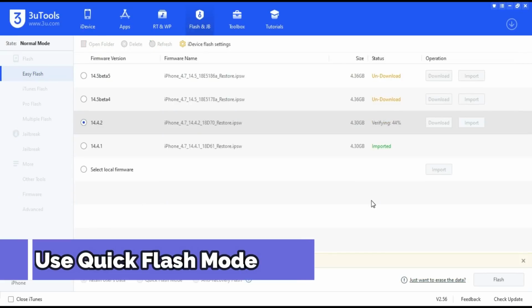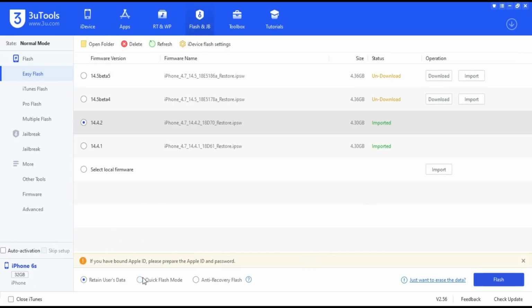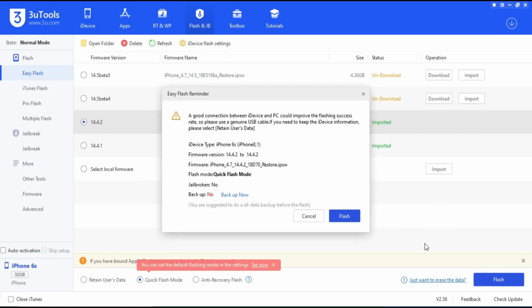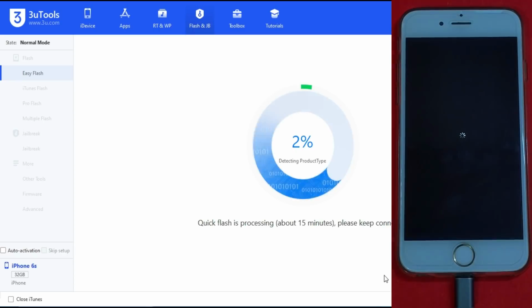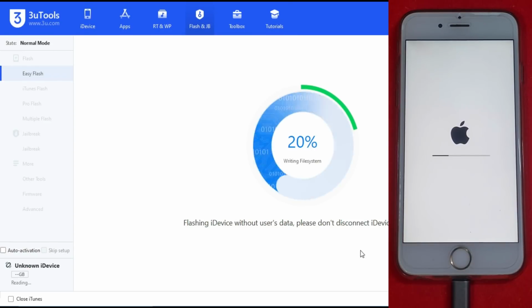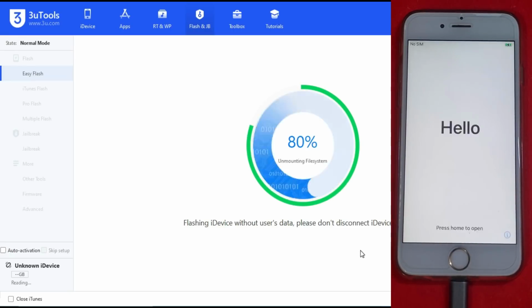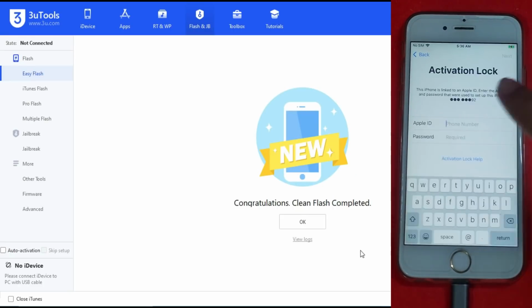You need to flash your device with the latest 14.4.2 if you have a 6s to X. And if you have an old device like iPhone 5s, 6, iPad mini 2, 3, you can use 12.5.2, that is the latest version. You just need to flash your device completely and make sure you use the quick flash mode that completely wipes your device. This is because if you used another free tool previously, it will create an issue with the new tool to bypass again. So it's good if you flash your device completely and then you can use the new tool.